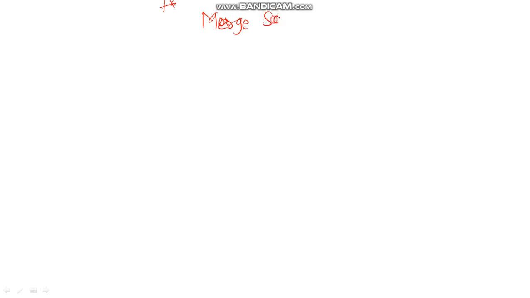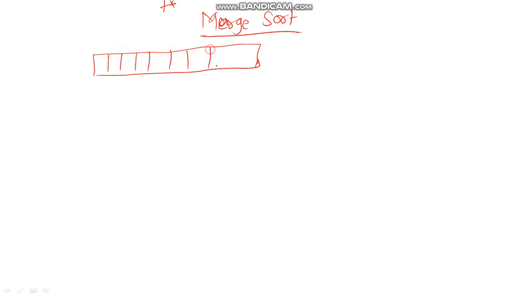So in merge sort, the problem definition is that we are given n elements, an array of size n. The array could be sorted or not sorted, I don't know. Let us say this array has n indices, in this case 1 2 3 4 5 6 7 8 9. So there are 9 indices in this particular array.